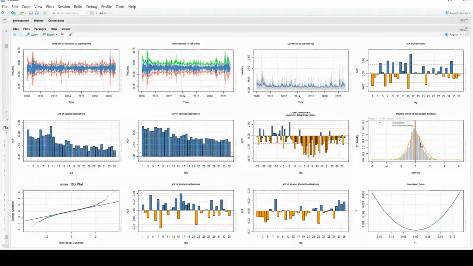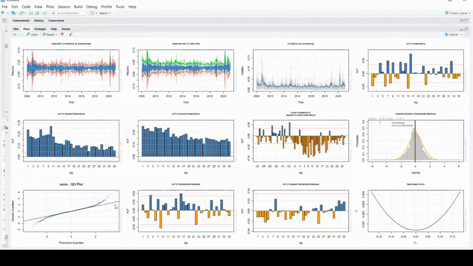Now looking at this graph, this is very important, this particular graph, the normal QQ plot, says that my residuals are not normal. If your plotted line, which is in blue color, is not coinciding with this black line, or you can say this straight line, then you can say that your residuals are not normally distributed.